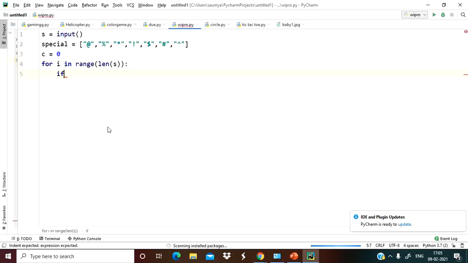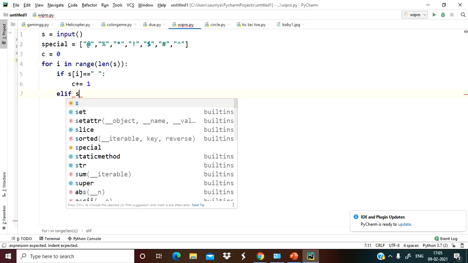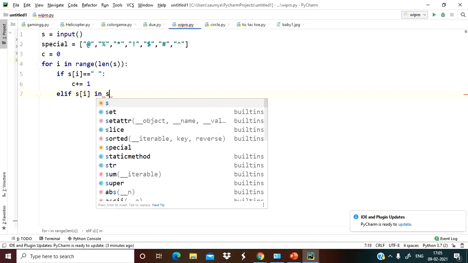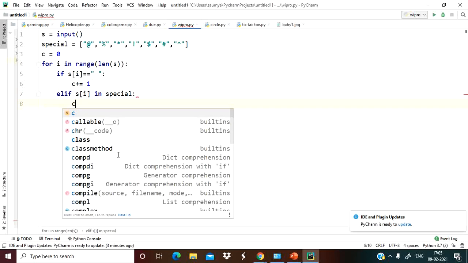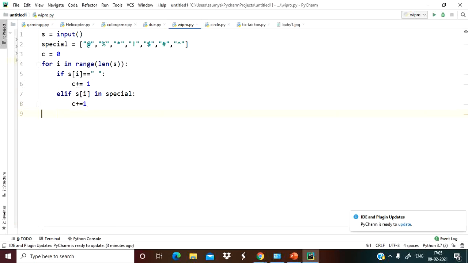So here we have to keep check of two things, that is white spaces and special characters. So we will check that if s of i equals white space, then we have to increment the value of count. Elif s of i in special, so from this list, then also we have to increment the value of c, right?